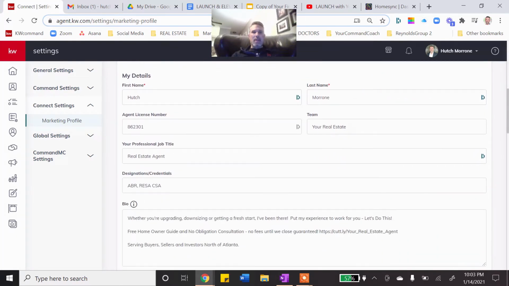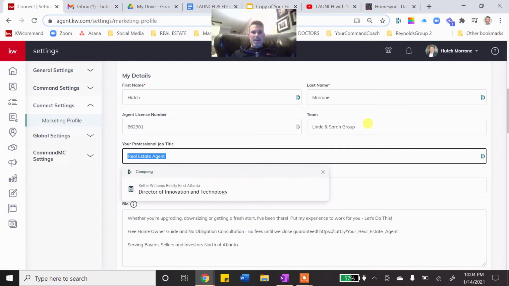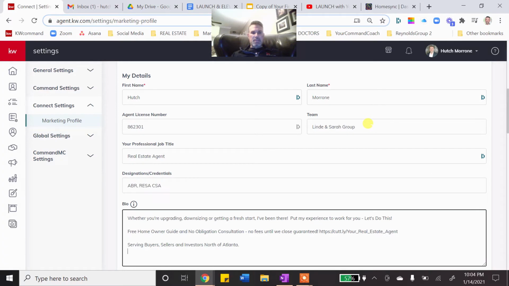The next thing we're going to look at is your personal details. So that's just your first name, your last name. The red asterisk means those are required. Sharing your license number. If you're on a real estate team, actually sharing the team. I'm not, or I am. So I will update that, right? Do that right now. And while I'm in here, what's your professional title that you want to use, any certifications,